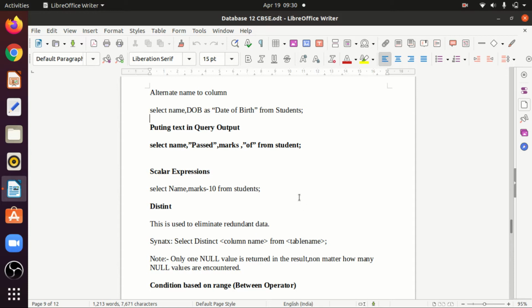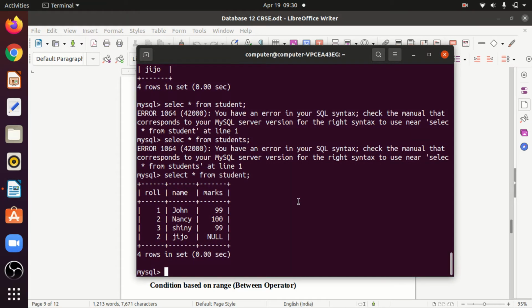Fine. For example, if I say select roll, then name, then I put this text which is called pass, then marks from student.